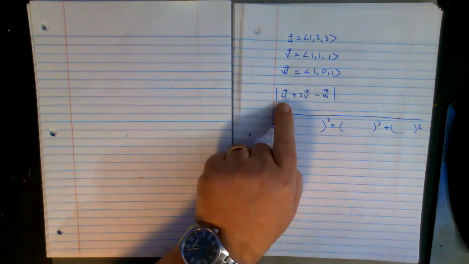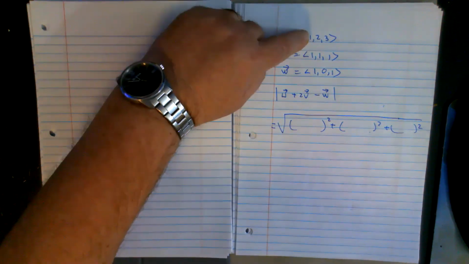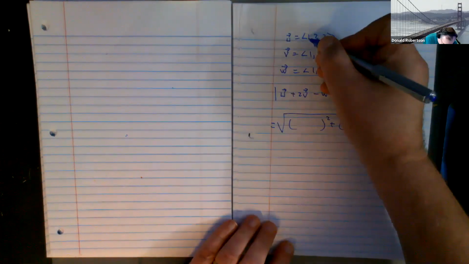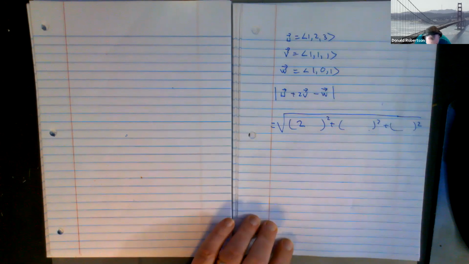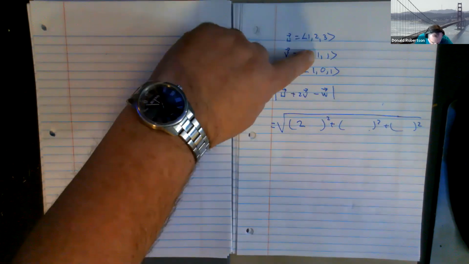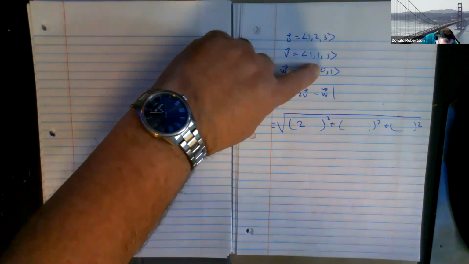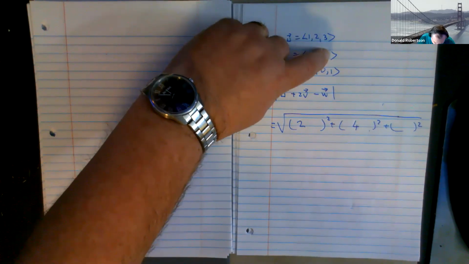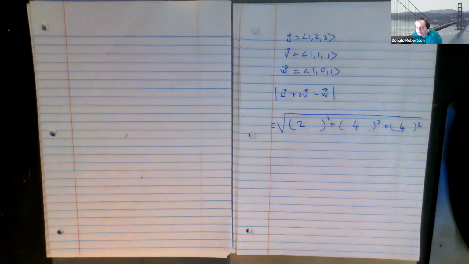Yeah, so in the parentheses for the x's, for example, you could just put 1 plus 2 times 1 minus take away 1. Yeah, and so that would be 3 take away 1, so 2 would go there. And then the next one would be 1 of these, add 2 of these is 4, take away nothing, it's still 4. And then it'd be 1 of these, add 2 of these is 5, take away 1 of them is 4. Yes. Okay. I make too many mistakes to do that.